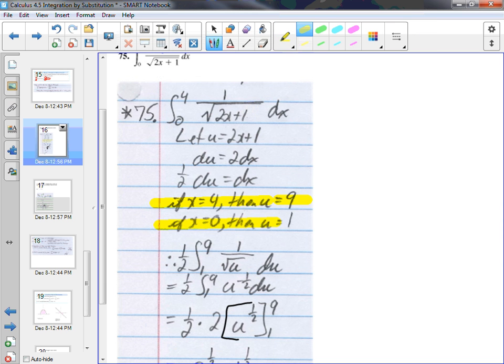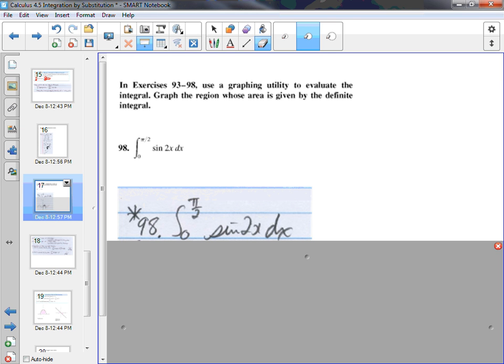Right there. Think that's what you're going to be thinking. If x equals 4, then what does u equal? If x equals 0, then what does u equal? Okay? Number 98. On 98,